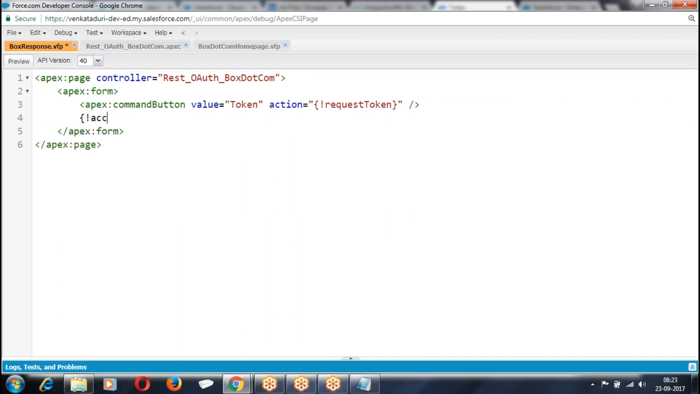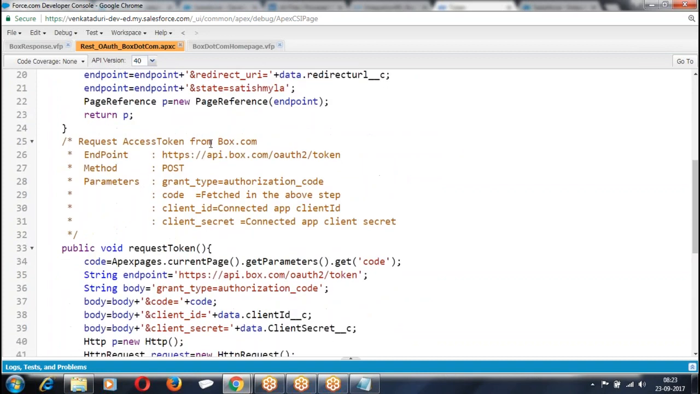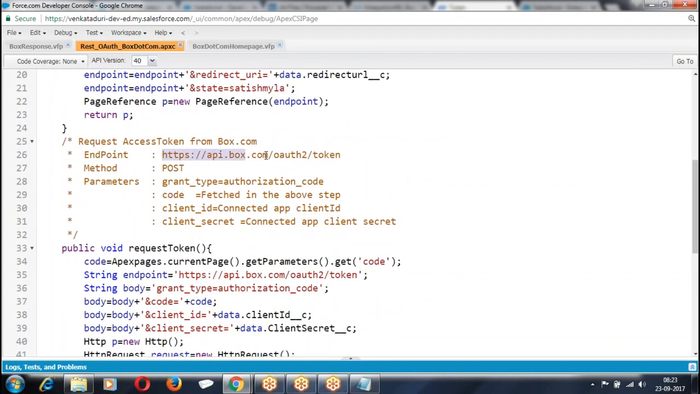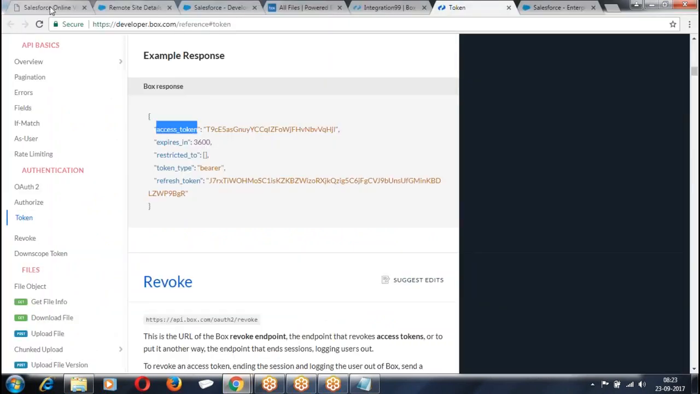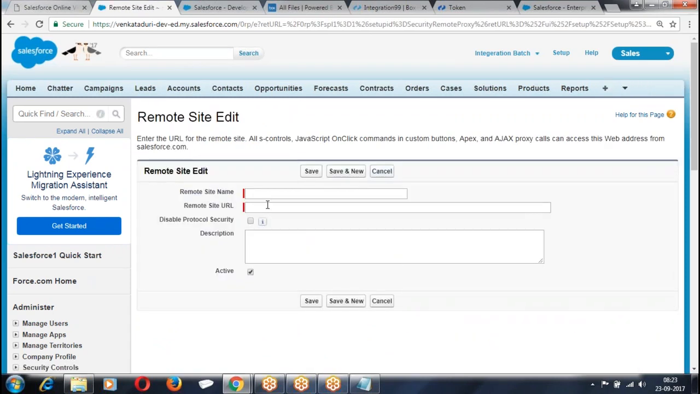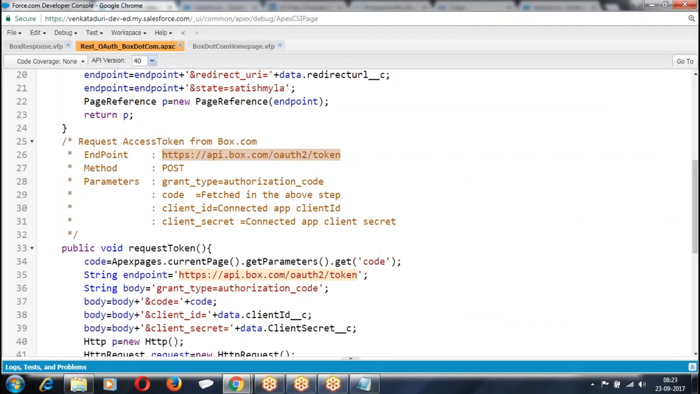Then I want to see whether access token is generated properly or not. Now, what is the third party system to which we are making a request? This is account.box.com, whereas this is apa.box.com. Both of them are two different URIs. Go back to the remote site settings again. Create one more remote site settings. Once you're done,